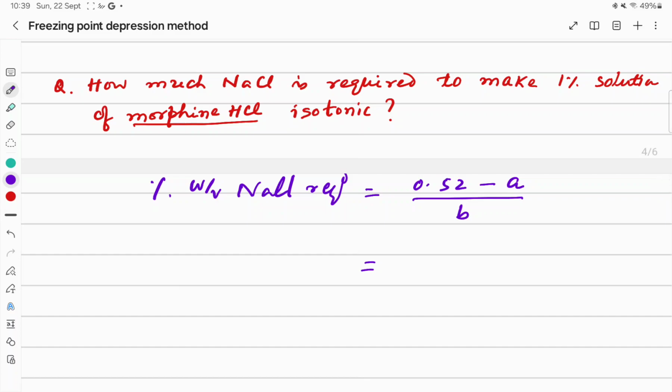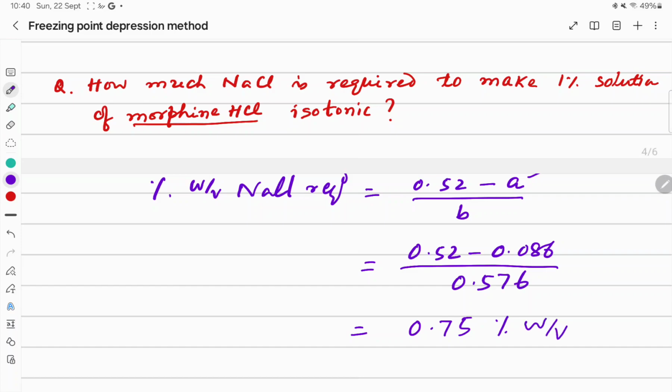The freezing point depression caused by morphine hydrochloride, already have done. 0.52 minus 0.086, this is the A, and B is the freezing point depression caused by 1% weight by volume sodium chloride, that is 0.576. This is B. So from this we can calculate, and it will be around